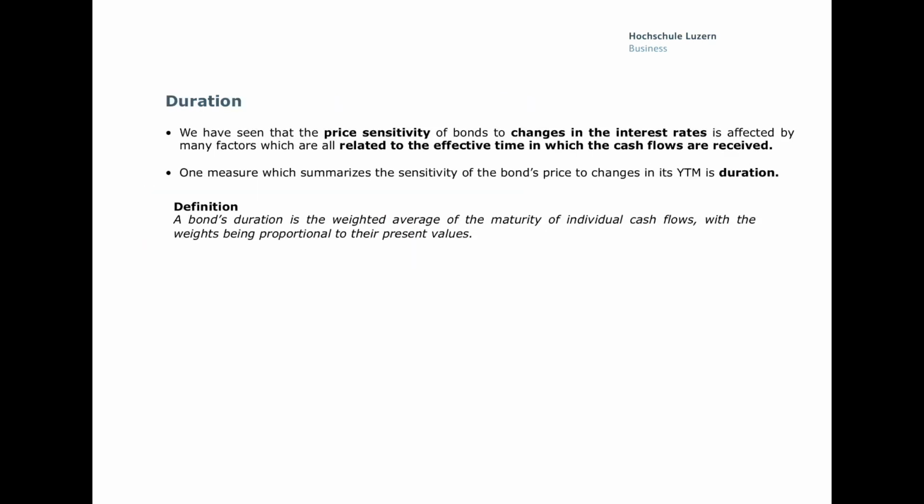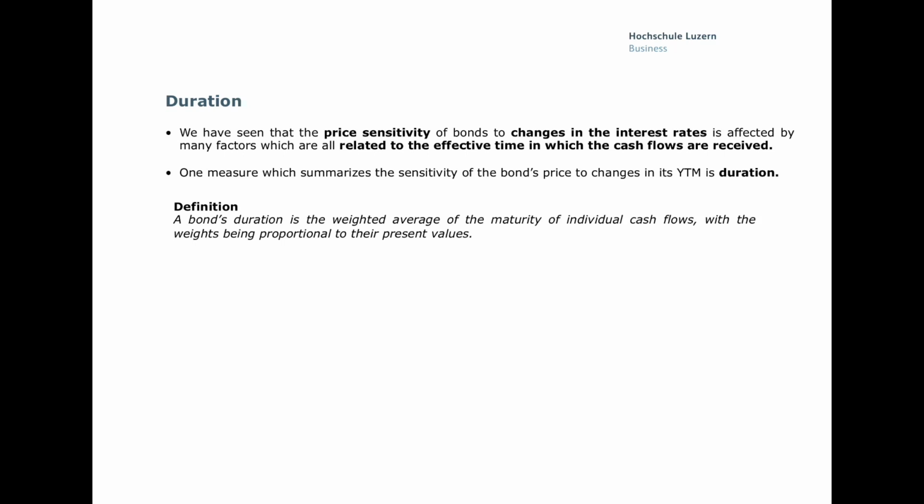On the previous slide, we have seen that the price sensitivity of bonds to changes in the interest rate is affected by many factors, which are all related to the effective time in which the cash flows are received. A measure that summarizes the sensitivity of bond prices to changes in the yield to maturity is duration. The concept of duration is so important to analyze interest rate sensitivity that we give a proper definition. A bond's duration is the weighted average of the maturity of individual cash flows, with the weights being proportional to